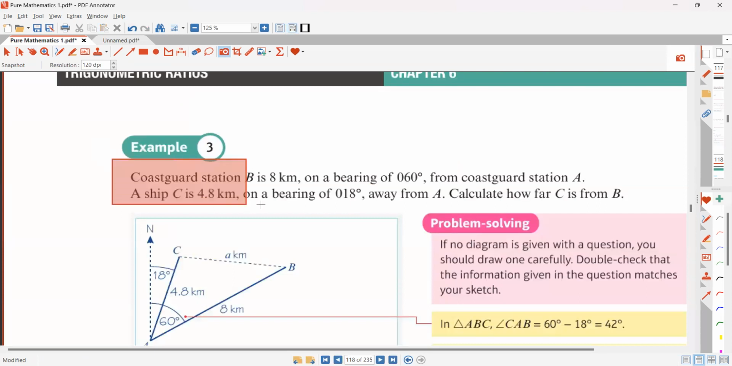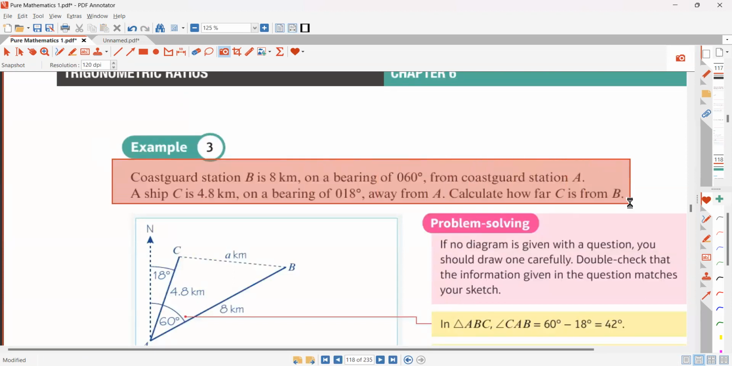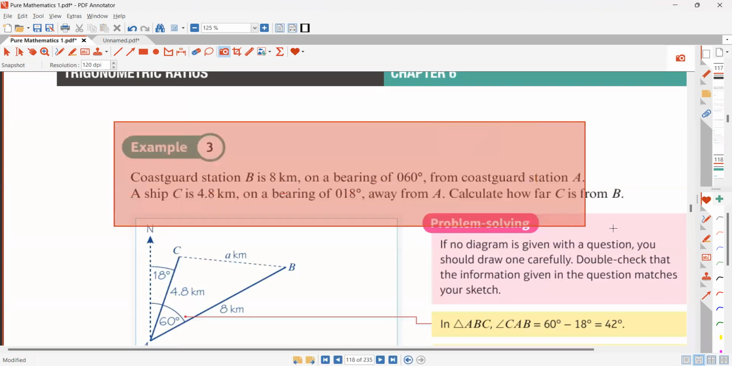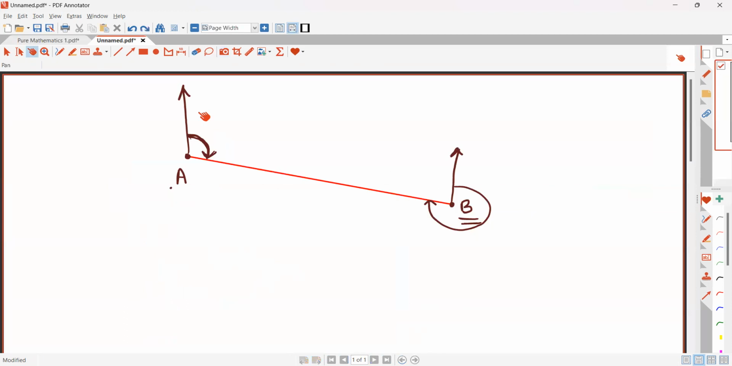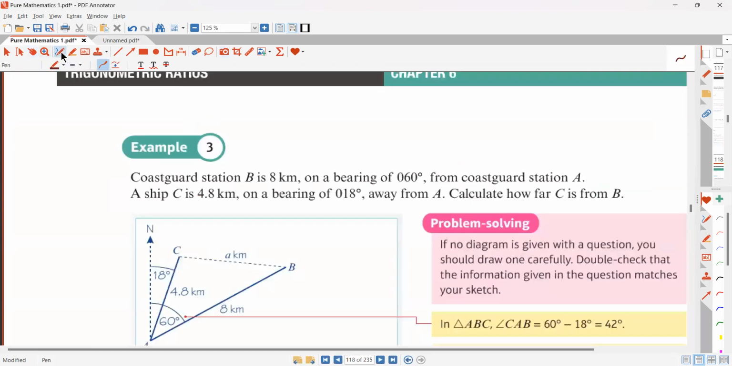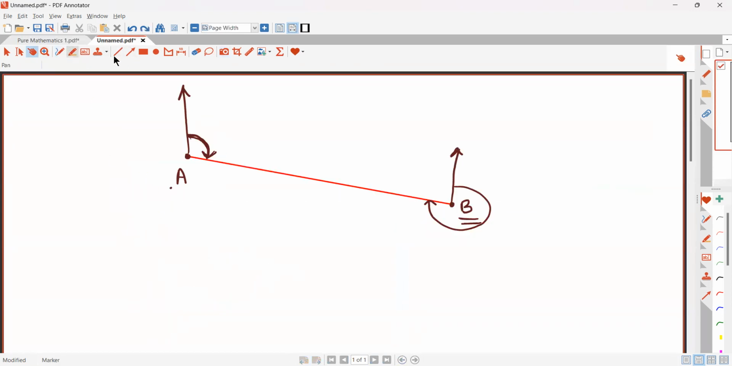What I'm going to do is copy and paste this question. This is example 3, by the way, and I'm going to describe it and, step by step, make you draw this diagram. You have a basic idea of bearing, right? And regarding bearing, you should also know